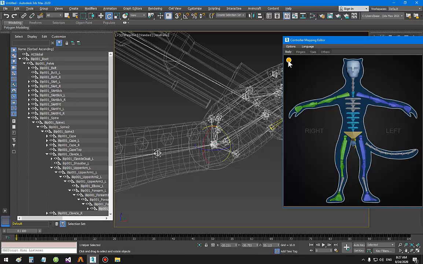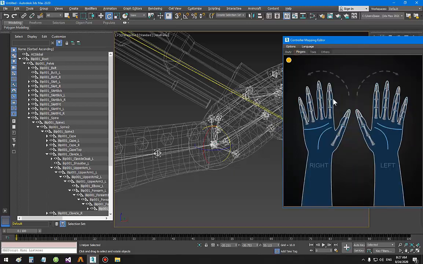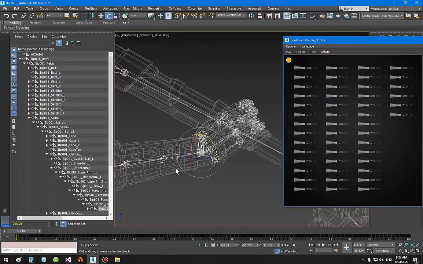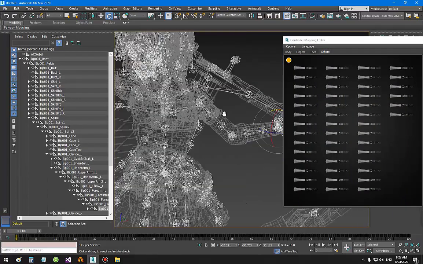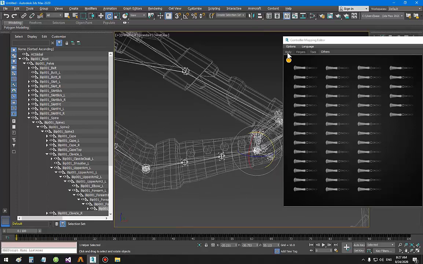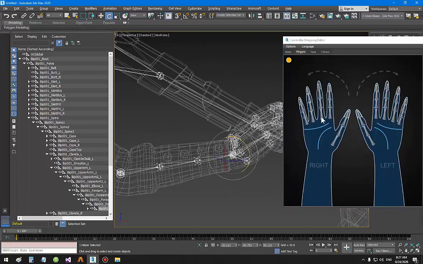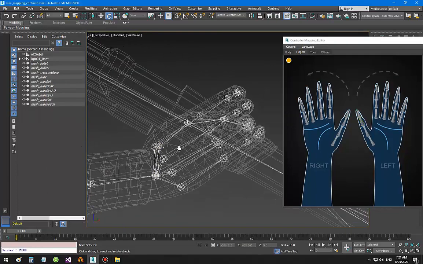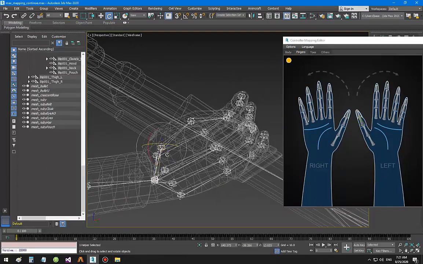of some of the detail, we can continue map the fingers and other pages such as the cape and the hair and the skirt, so that we can get all of the information from the animated character rig from the FBX. So let's continue. Let's go back to the finger page. Let's first map the thumb. Select this one and right click and hit map